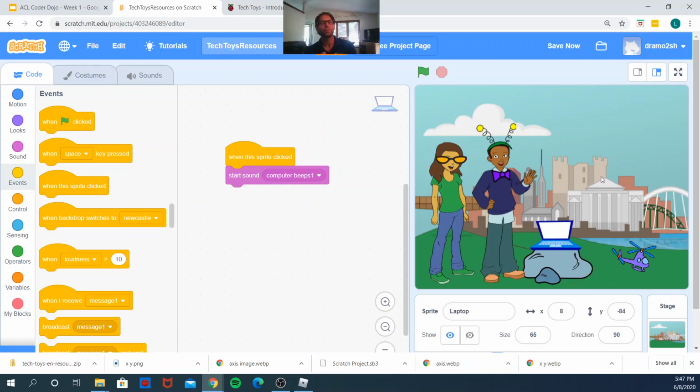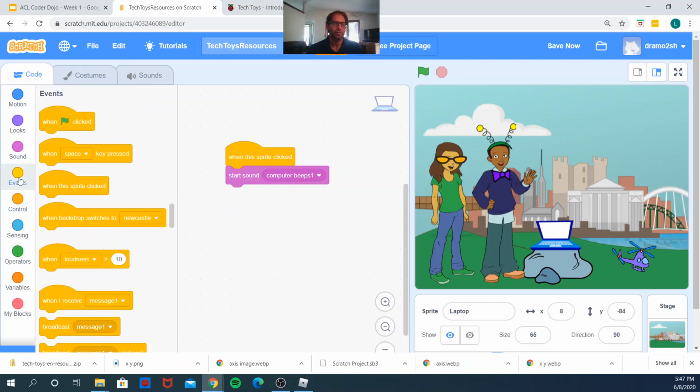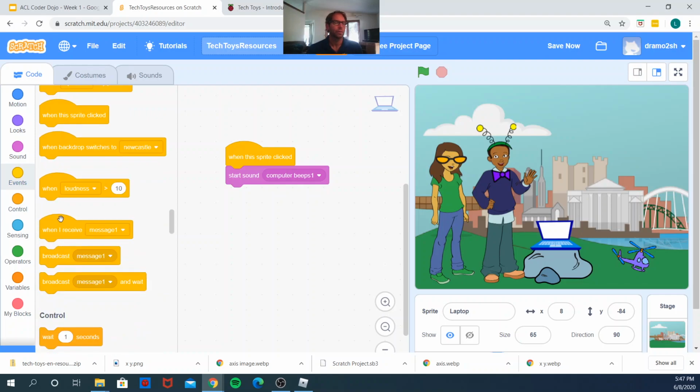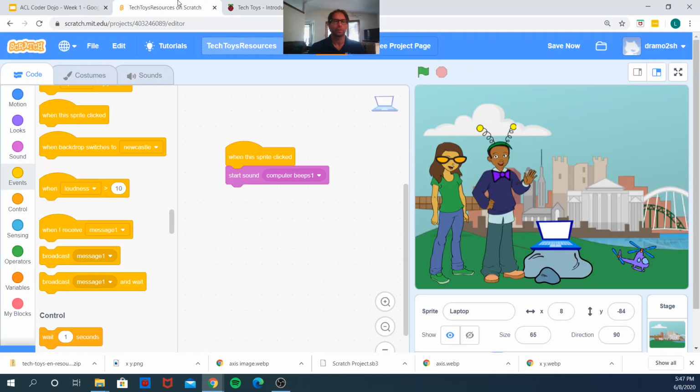Okay, so now we're going to code the computer so that it controls something that the helicopter does when you click on it. So what we're going to want to do is go over here and choose a different block of code, and it is called broadcast. So it's going to be under the events blocks here. Oops, looks like I clicked on the wrong thing. Let me get out of there. Okay, so we're going to go to broadcast,